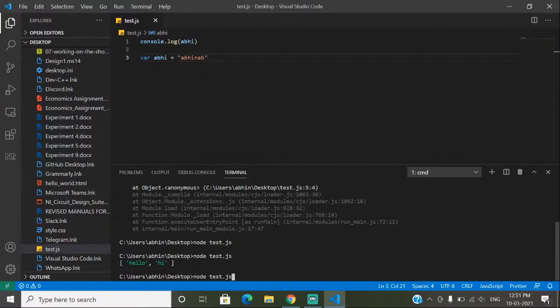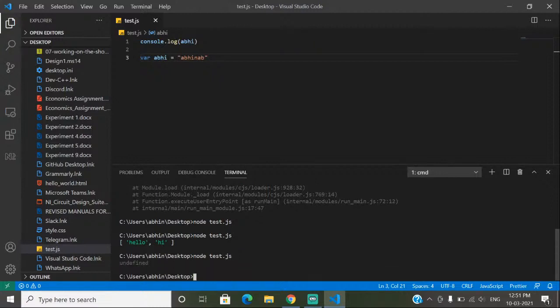Node next test.js. I've installed Node in my system. So Node lets me run the JavaScript files. So if I run this, see what I get. I get undefined. Why am I getting undefined? Because see, you can say that I've declared abhi here. No,